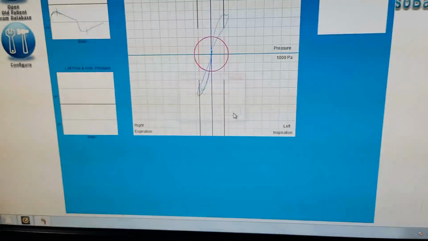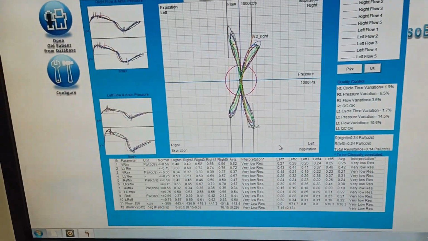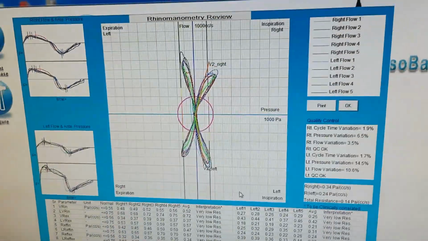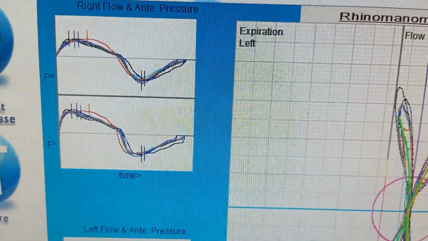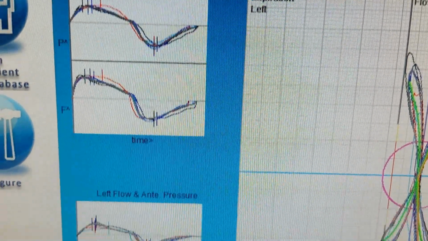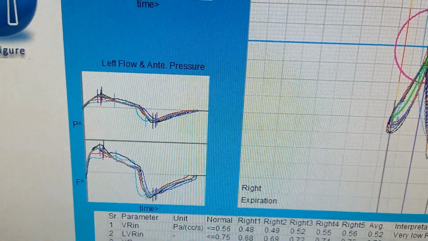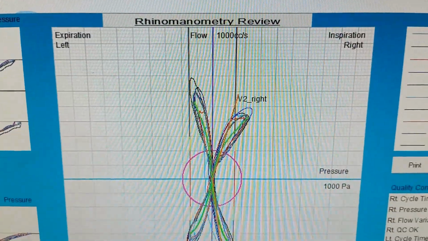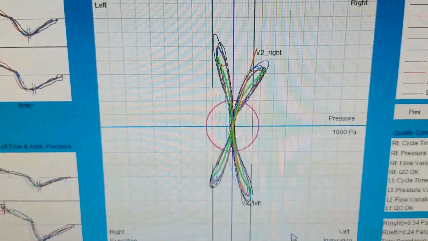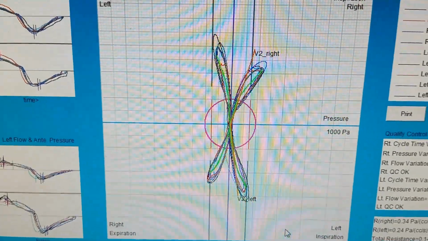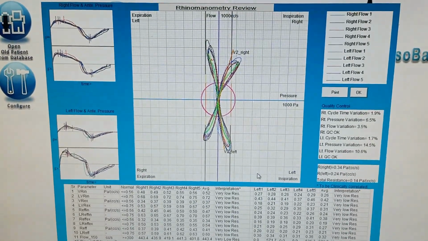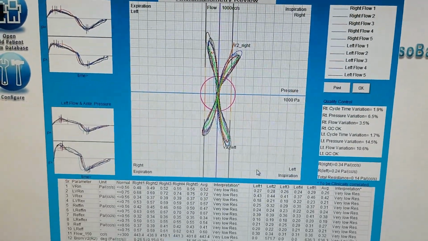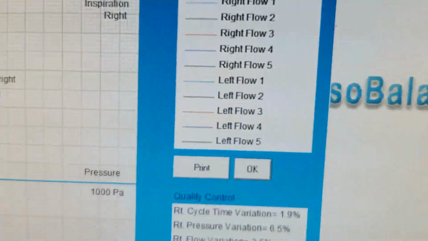Now click on OK. All the graphs are plotted and you can see the screen which gives you the results. This is a review screen wherein you can see the right flow and anterior pressure graphs for each cycle, and the pressure and flow for each cycle for the left flow and anterior pressure. Then this is your standard flow versus pressure butterfly chart, and here all the results are also depicted in graphical format. There is a bronze circle,